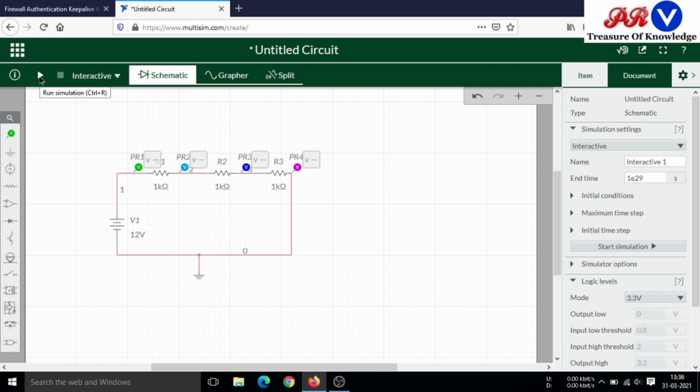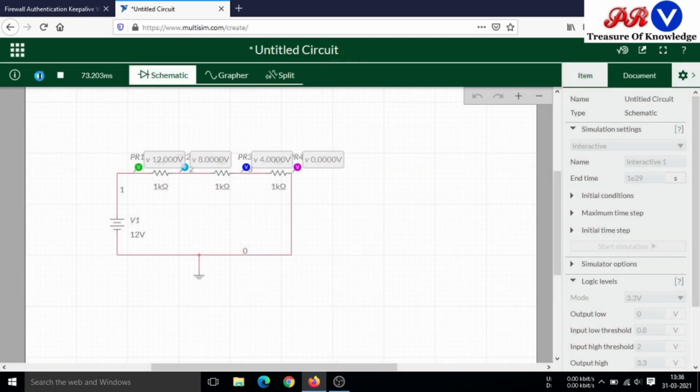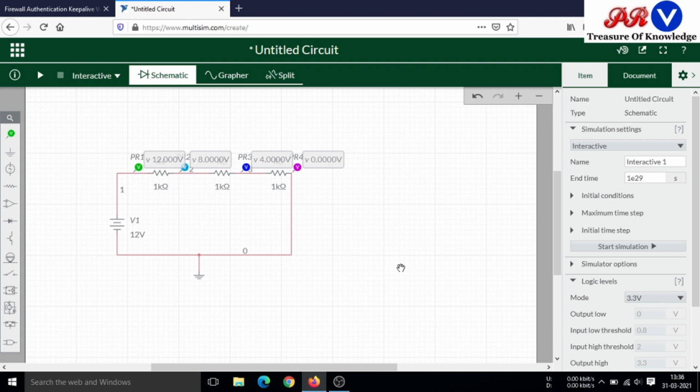Click run simulation from the window. It started simulating the circuit. You can stop it here, and you can find the voltage value across the different resistors.